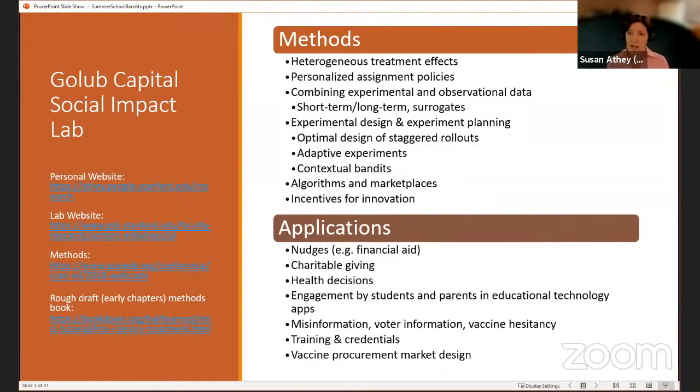Another thing that I did a lot and I have seen a lot over the last 15 years in tech firms is staggered rollouts. So how do you design an experiment if you have a relatively small number of units, like cities or hospitals or schools, and there's a lot of time variation? How do you actually plan an experiment to not release the treatment at the same time everywhere, to optimize for statistical power? So those are all questions. I won't be able to talk about the work I've been doing on staggered rollouts today, just in the interest of time, but these are all topics that actually have lots of open questions. There's lots and lots to do.